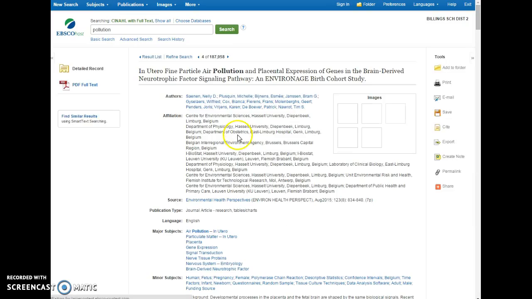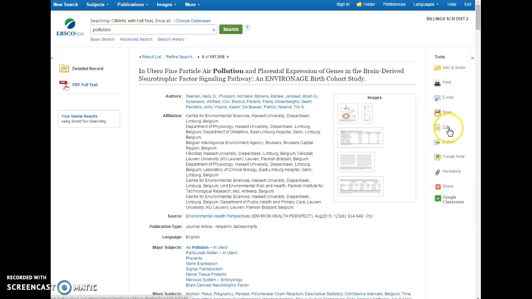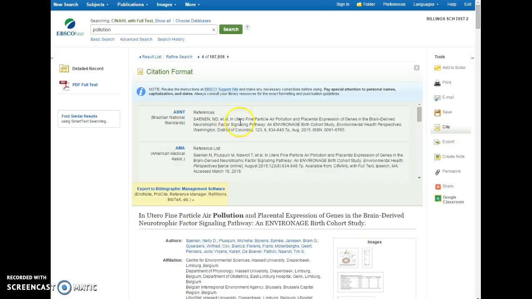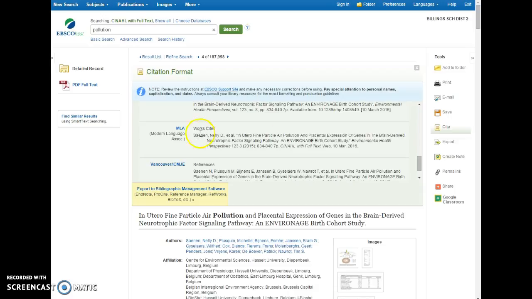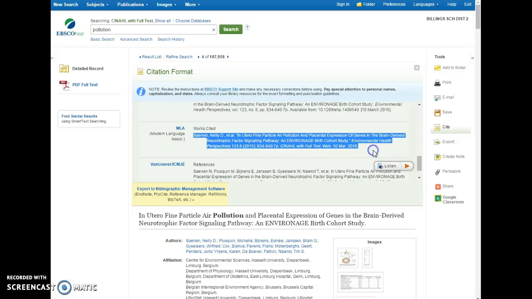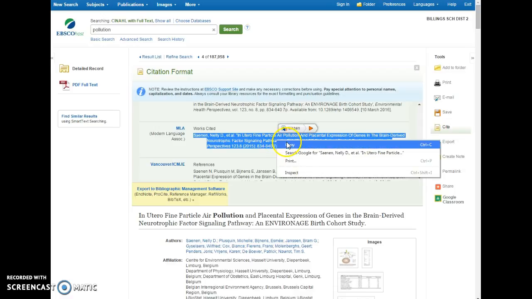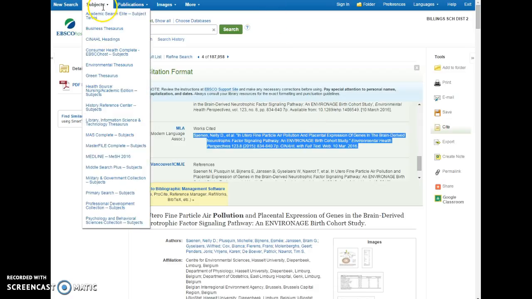And then on the right-hand side, you'll notice that there's a Cite button. That'll come in handy when you create your final version of your bibliography with your citations. So if you scroll down, you'll see MLA, which is our format. You will see here the complete citation. You can just go ahead and highlight it, right-click and copy it, and then you can paste that into your